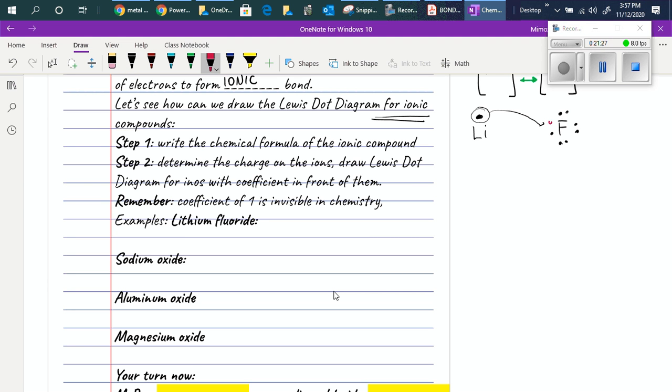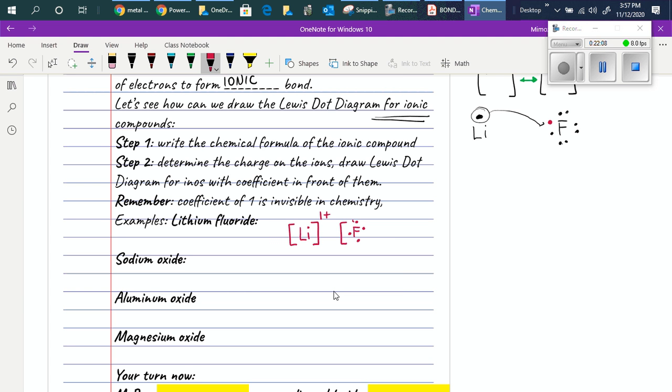And I will draw it with the red one so that it's completed. So now, in terms of lithium fluoride as the Lewis dot diagram, we will have lithium that has an empty valence shell, and by doing so, lithium is becoming positively charged, so 1+, and then fluorine is receiving that electron, completing the outer shell with 8 electrons, because that is known as the octet